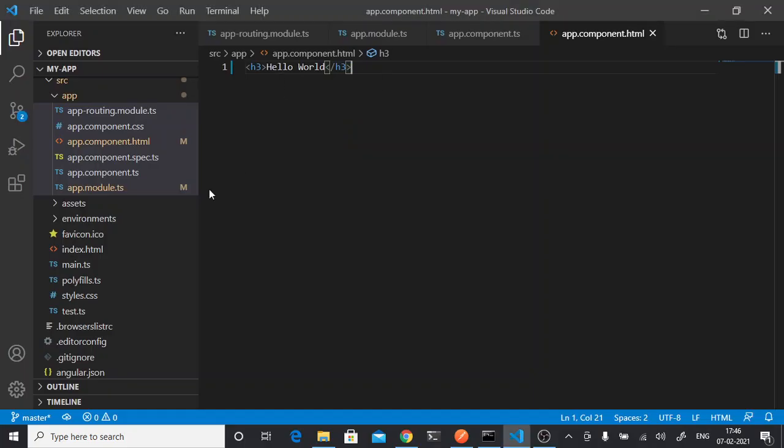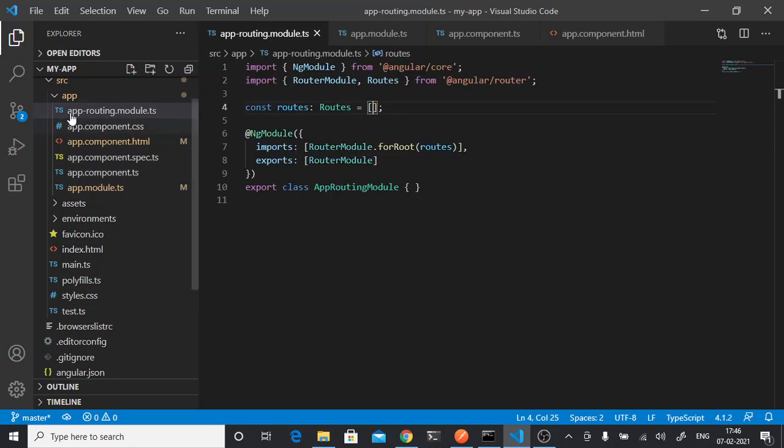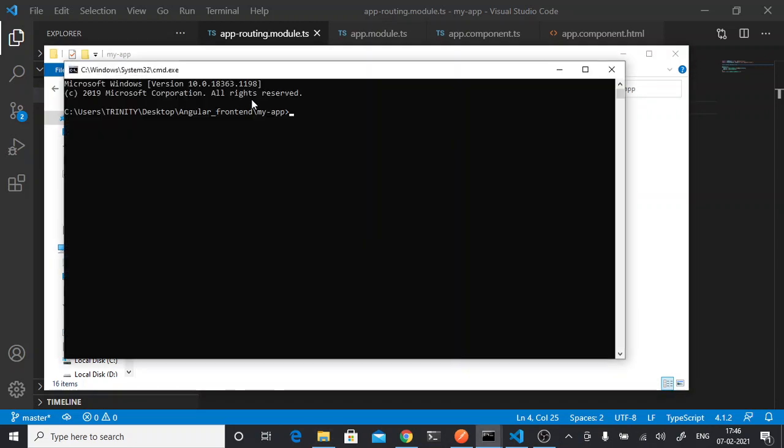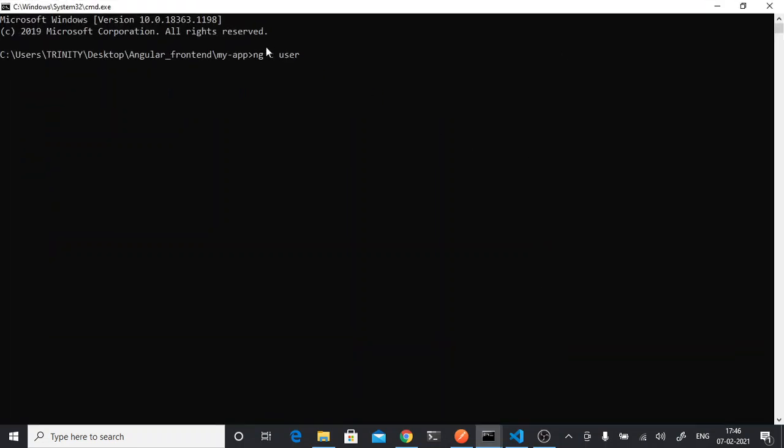Alright, next let's see how we can give routing and how we can build our own components. This is a predefined component we have, and all the components that we create will be stored over here. So let's go to your app, and here let's create a component user. ng g c user, this will create your component. ng is for Angular, g for generate, c for component, and the name of your component.